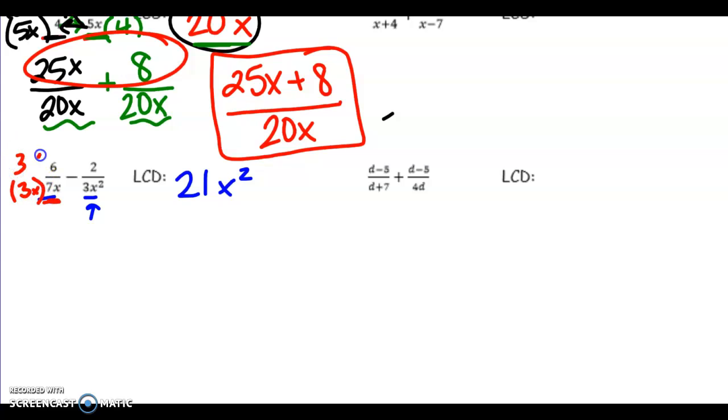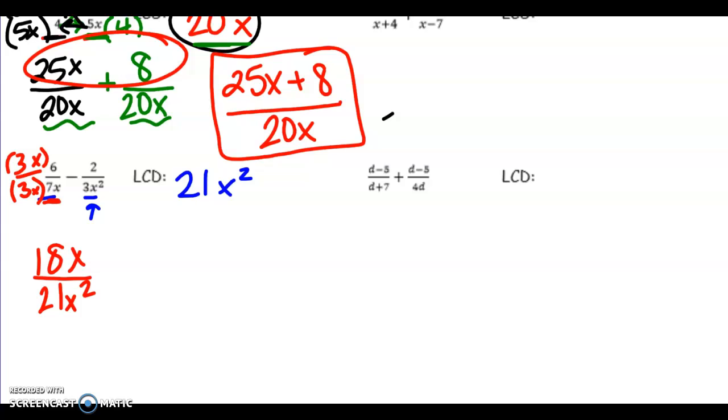And that means I need to take the top times 3x as well, because it's taking it times 1. 6 times 3 gives me 18x. On the bottom, I do get 21x squared. Now, I can absolutely reduce this, but I don't want to reduce it because then I don't have a common